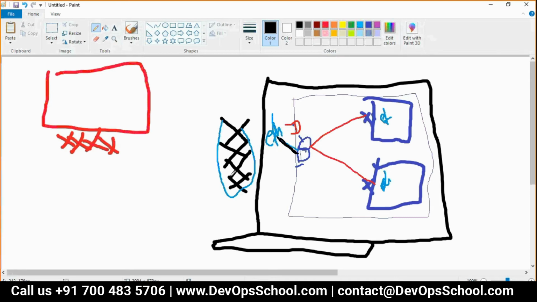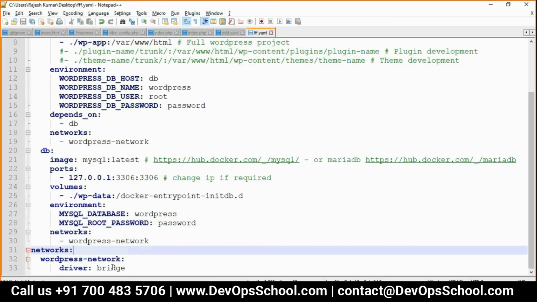When you try to get the network, the network travels through the node network, then it connects to the bridge, and the bridge sends to the internet. So now you have asked me a question: what is this bridge network type and all?